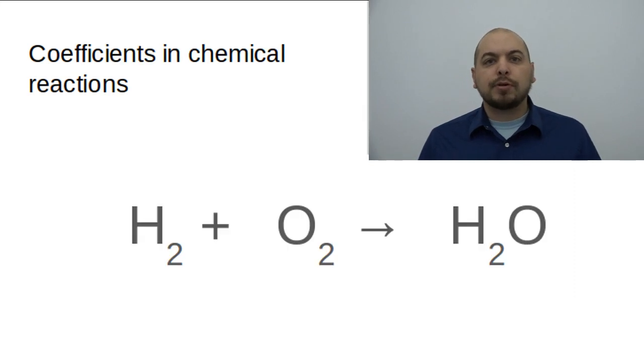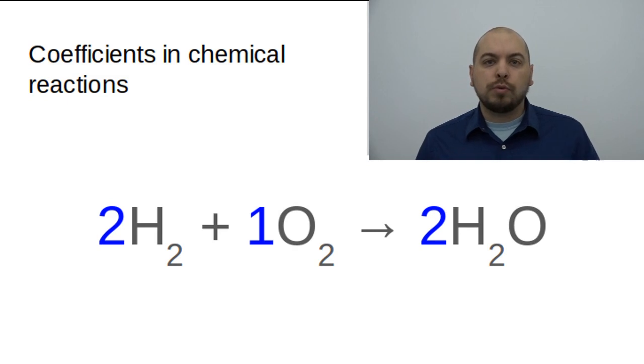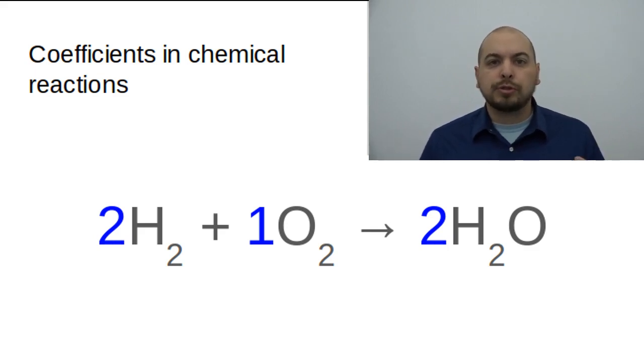For instance, in this chemical equation, we're dealing with the synthesis of water, H2 plus O2 react to yield H2O. Now we know that in order to do this, we need a 2 in front of the H2 and a 2 in front of the H2O for the equation to be balanced. But what does this actually mean? The 2's tell us that if we're looking at these reactants or products as ingredients or products of a chemical reaction, we need 2 molecules of hydrogen plus 1 molecule of oxygen, which lead us to produce 2 molecules of